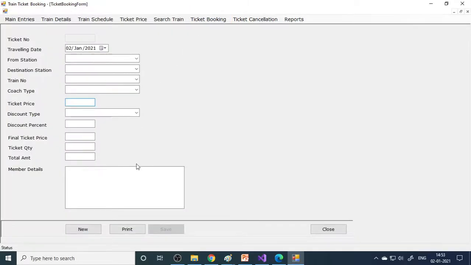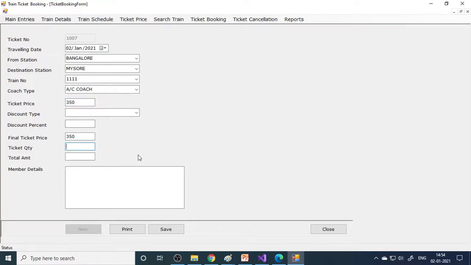So next is the ticket booking. Now a customer comes, they want a ticket from Bangalore to Mysore. So first you need to select the place, then the train number comes here. So it is the train number, and then the coach type. So you take a first class ticket. Okay, so AC coach. This is 350, and is there any discount you can apply here?